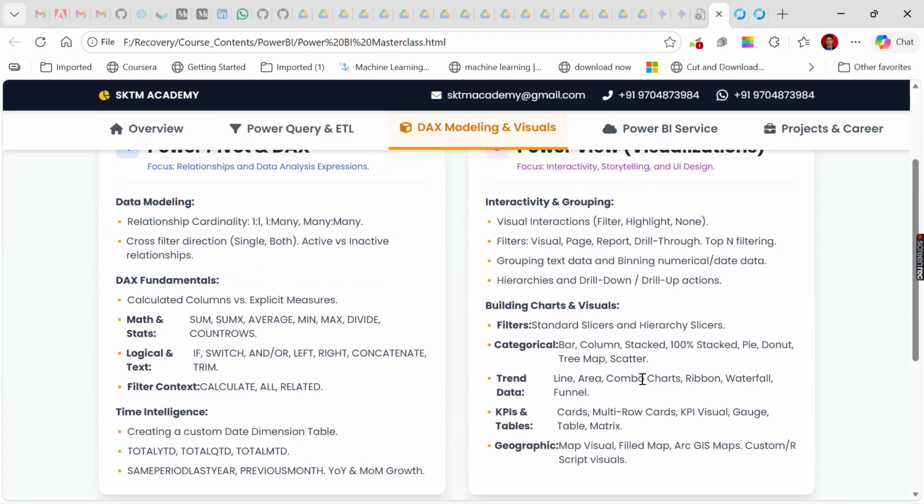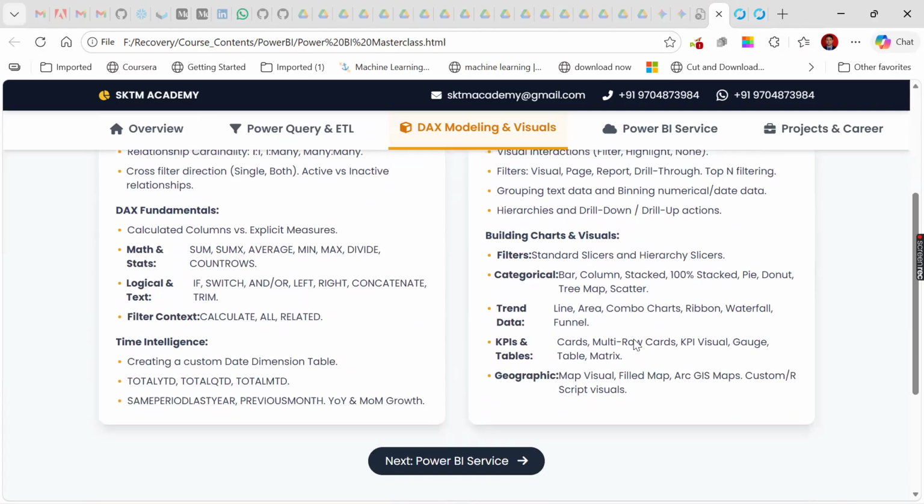We have so many charts available, very advanced charts, not only regular bar charts and pie charts or line charts. We have combo charts, funnel charts, waterfall charts, ribbon charts. These are all very unique charts which come with Power BI. So we need to understand when to use them, which chart is suitable for which type of data, choosing the right visualization for your data, which you are going to learn in Power View, and how to connect all of them.